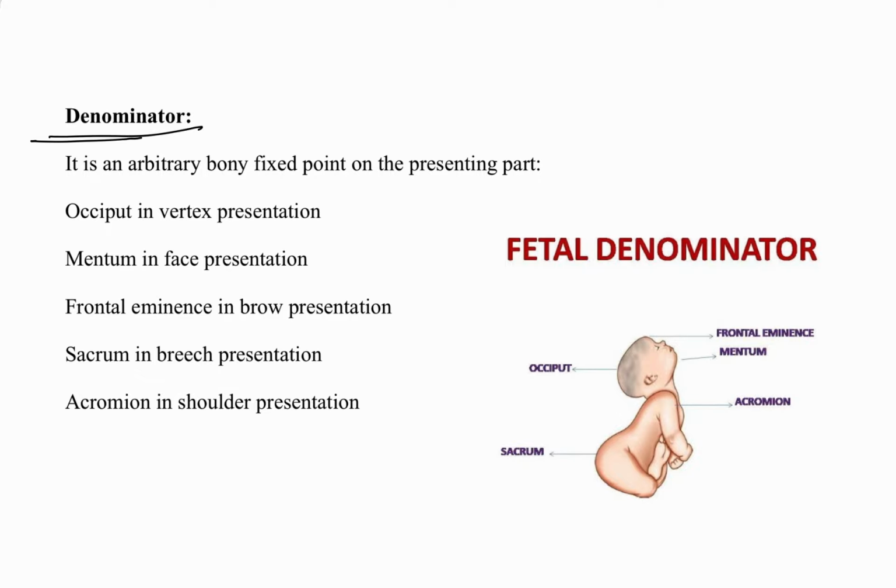Now an important topic is denominator. The denominator is actually an arbitrary bony fixed point. We fix a point of the presenting part, a bony point, right? So we have discussed the presenting part earlier, that the portion of the presentation that overlies the internal os of the uterus, right? Now if the fetus is in a vertex presentation, if the vertex is